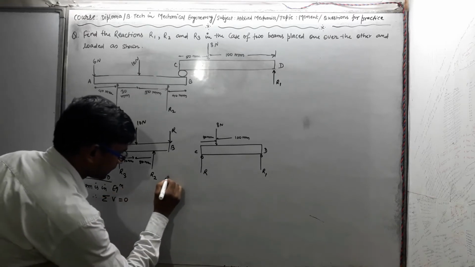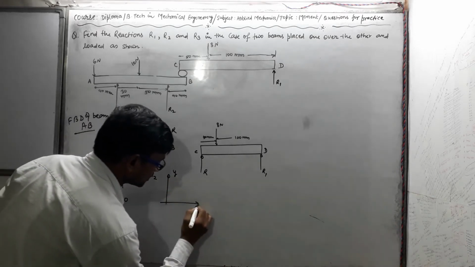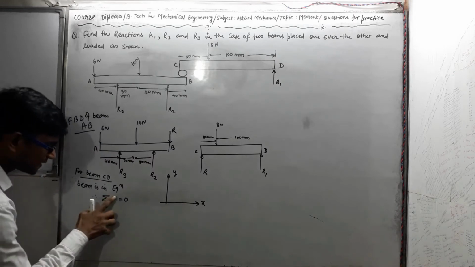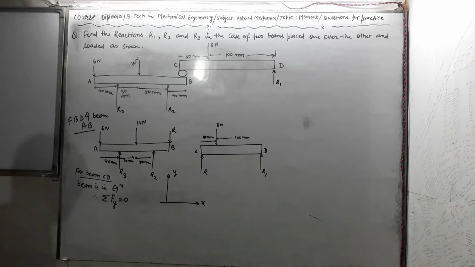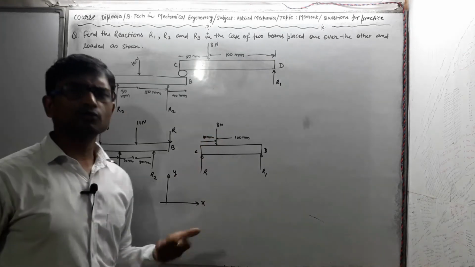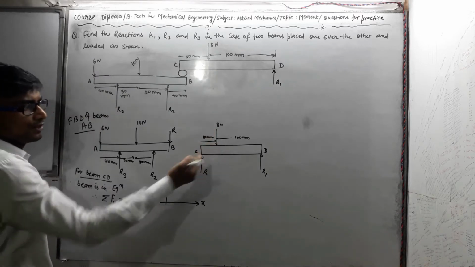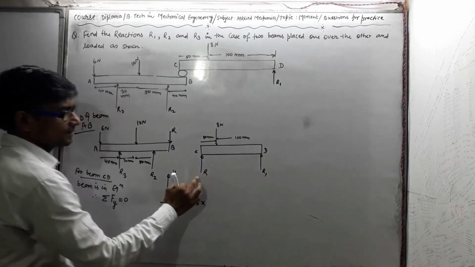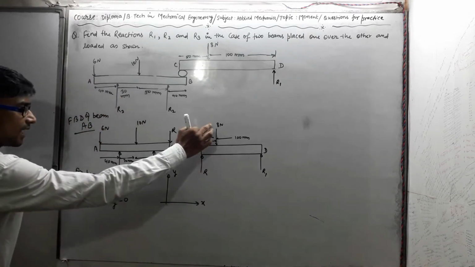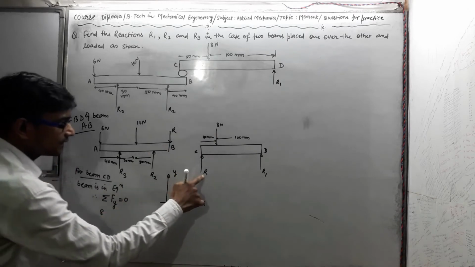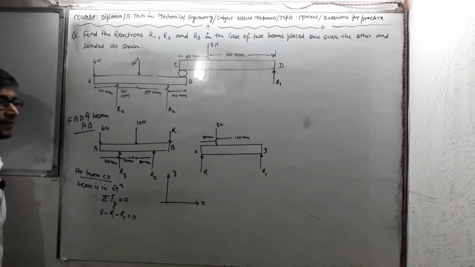Let's suppose vertical forces are acting in the y direction and horizontal forces are acting in the x direction. So the summation of all forces acting in the y direction equals 0. According to the sign convention, if we take downward forces as positive, then the upward forces, that is R and R1, must be taken as negative. So we have 8 minus R minus R1 equals 0.